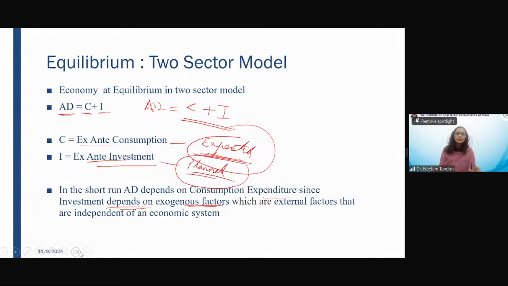Investments आप कब बढ़ा देते हो, जब आपको लगता है कि country अच्छा perform कर रही है, overall demand बढ़ेगी और हमको higher returns मिलेंगे. So you start investing more. Interest rates कम है तो हमारी cost of borrowings भी कम है, we can go for investment. So when the corporate feel like that the economy is going to do well and the interest rates are also low, so that means they can borrow at a low cost. Their cost of borrowings will decrease and their profits will increase in the long term because the overall economy is doing well,